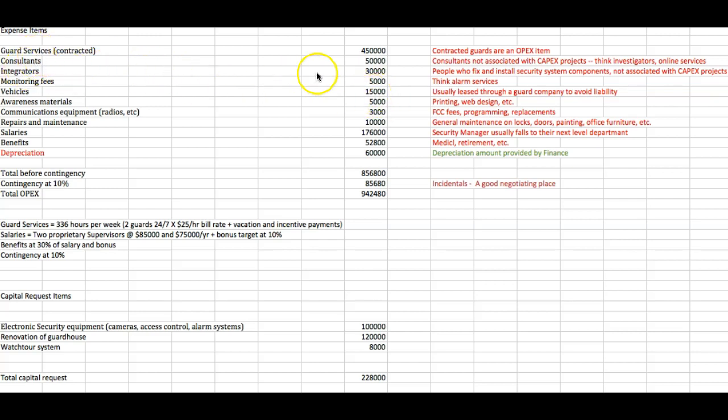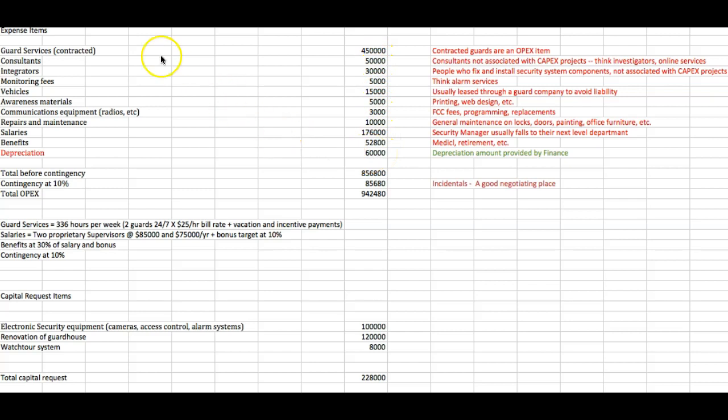If I have spent too much on consultants, maybe I don't spend as much on integrators. Usually it's the other way around. Integrators come when something breaks. But if I don't spend this $50,000 on consultants, I just don't need that many investigators. I haven't had that many causes to call an investigator or trainers or anything that I would spend that $50,000 on. But I have more things breaking than I thought, and actually I ended up spending $35,000. I can just take some money out of here. This bottom line number is where you're going to be judged. So you don't have to get all your line items right.